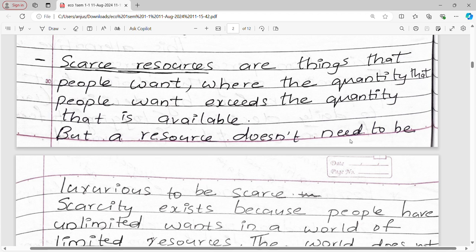Like, if you pay, you'll get it, but then also it will be scarce. They won't be making it as much, it will be just in few numbers only. It will be produced. So those are luxurious. Of course, what I have said now is luxurious, but a resource does not need to be luxurious to be scarce. During famine, the daily goods, daily commodities, rice, wheat, oil, everything can be scarce.